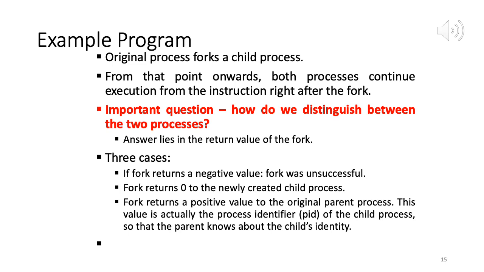Please note the difference between the PID value returned by fork and the actual PIDs assigned to the parent and child. The system will automatically assign PIDs to the parent and child, and those may not be the same as the values returned by fork. The returned values are just to distinguish between the parent and child. So the last point that we have, let us skip that for now. We'll come back to it later.